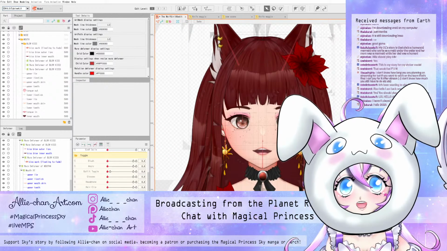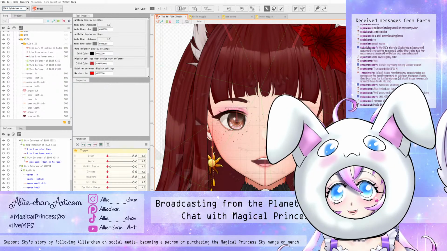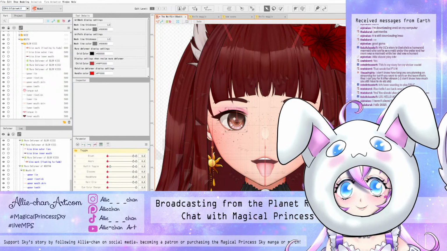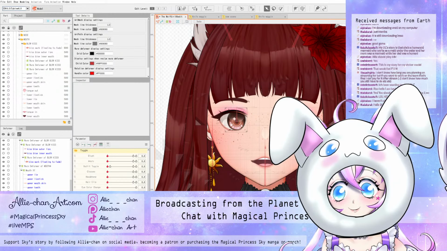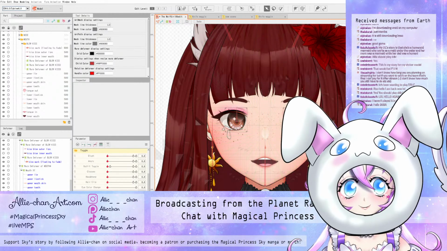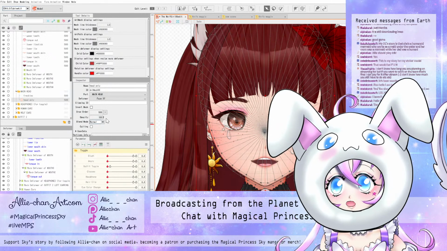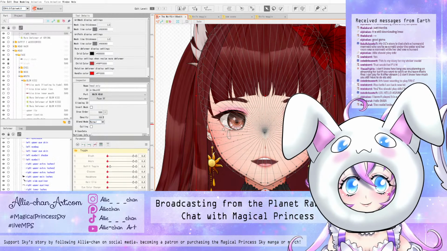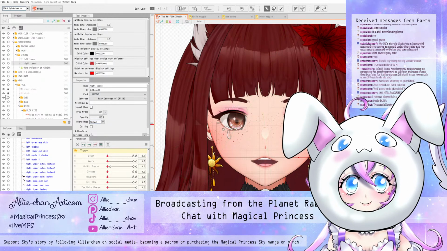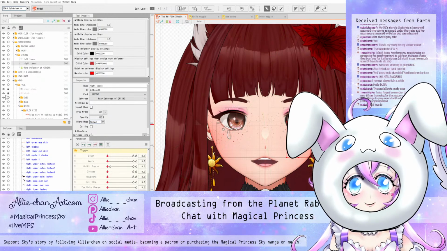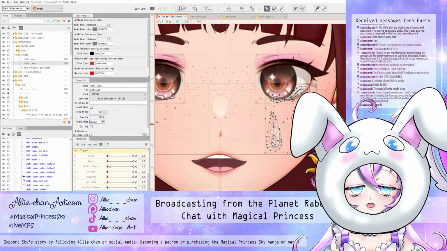Alright, so let's look at her existing tiers. Make sure that we have all the layers we would need to be able to make them crying. Oh, that's her tongue. There is her crying. Okay, let's see if these are separate or if they're all combined, because that will tell us if we need to separate them or not. Right tiers, left tiers. Huh. And fortunately, they are combined to each other,